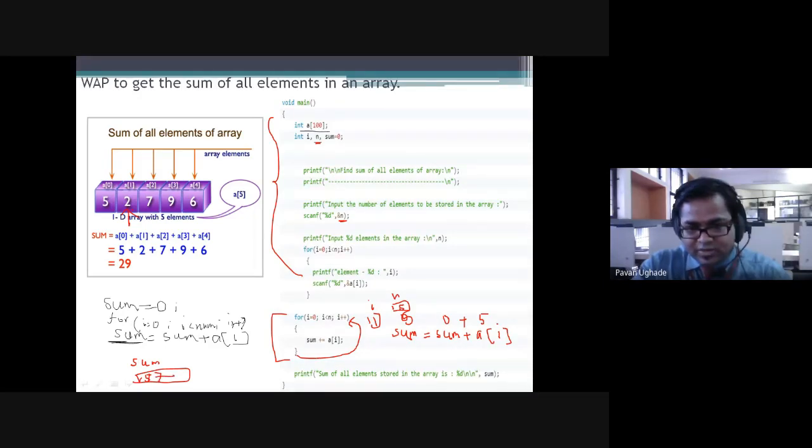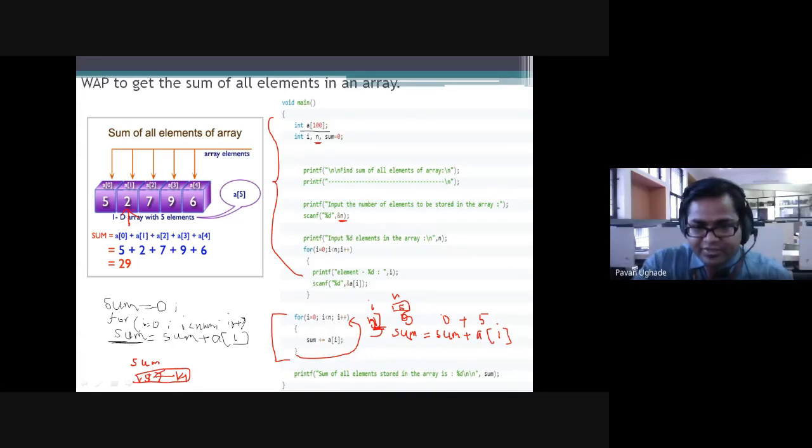Again this will execute, I gets incremented to 2, 2 is less than 5, condition true. Sum equals sum plus a of 2; sum is 7, a of 2 is 7, 7 plus 7 is 14, stored back in sum. Again I becomes 3, 3 is less than 5, condition true.